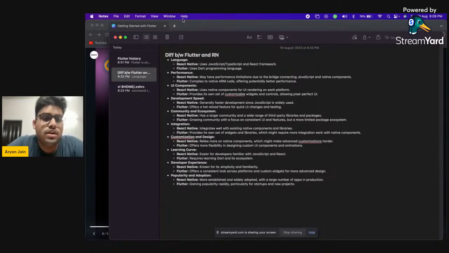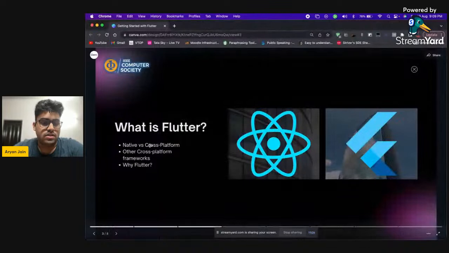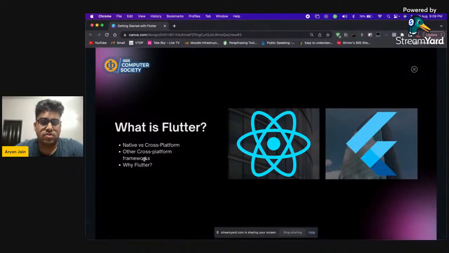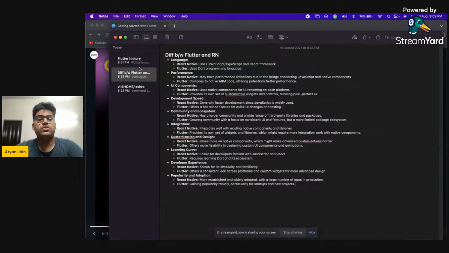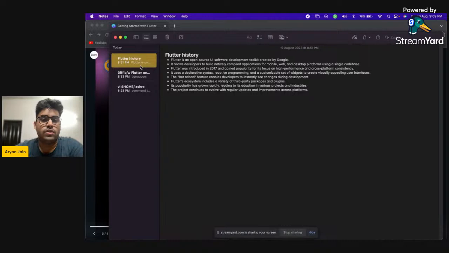That's a bit of theory. Now, what is Flutter? We discussed all of these points. A little bit of history of Flutter. Let's discuss, because before starting any practical, we should know the theory, as we have been taught throughout our school syllabus. Flutter history: Flutter is an open source UI software development toolkit created by Google. Yes, we know this, as I told you previously during the differences part. It allows the developer to build natively compiled applications. Why have they used the term natively compiled? They've used it because in React Native, as I